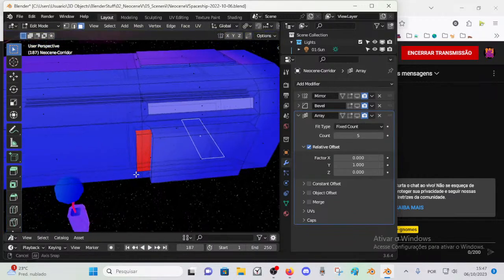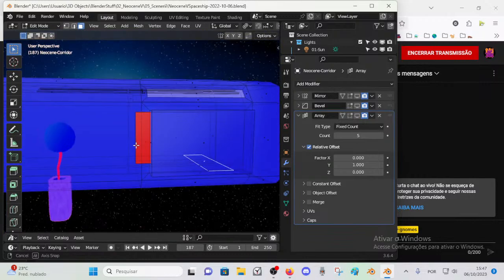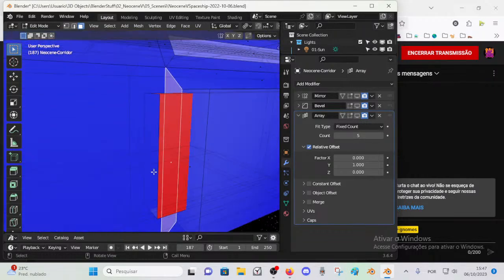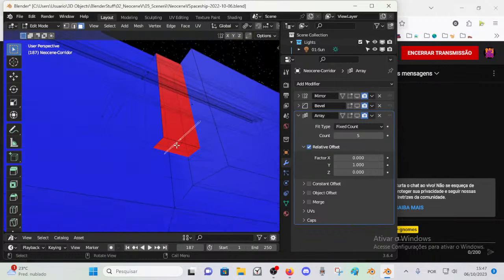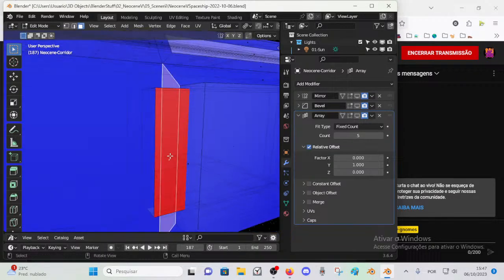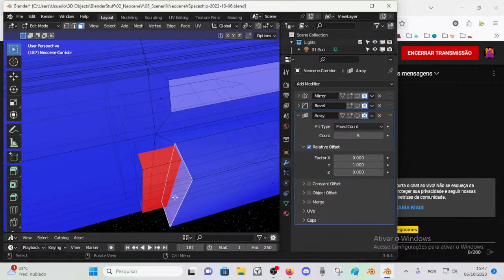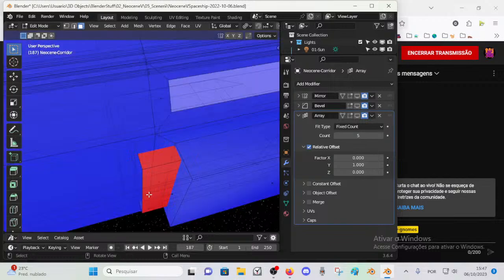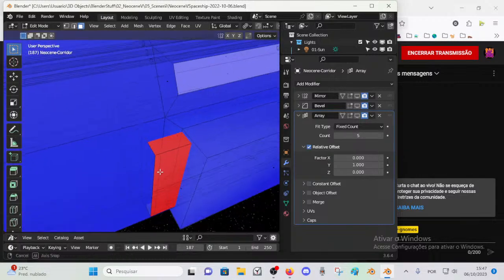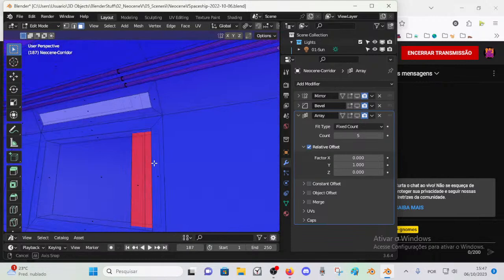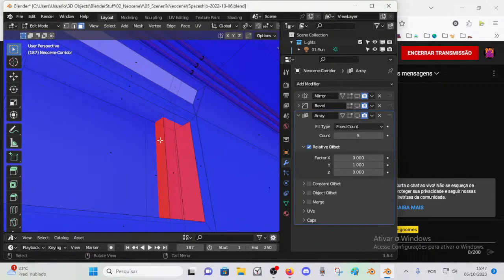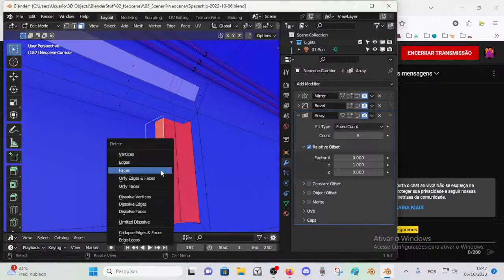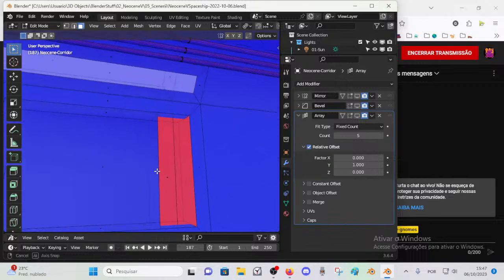Maybe they just need to go back. This is really, really weird, and it was totally unexpected. Oh, it's selecting by similar, but it doesn't matter. Face